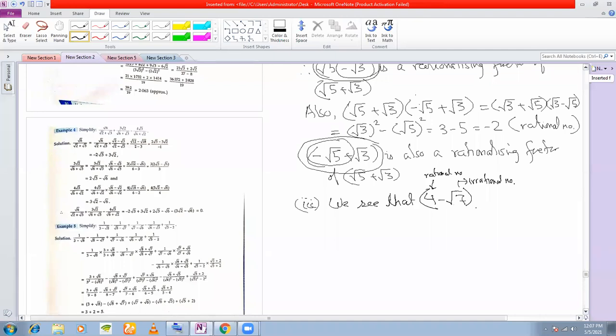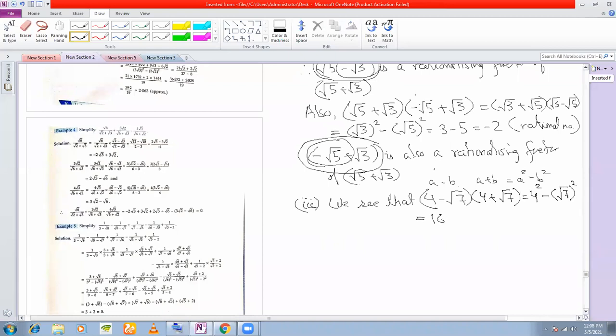So if you have 4 minus root 7 here, then what should you multiply by to make it, since this is of the form a minus b, right? So you must multiply this by the a plus b form to get a plus b into a minus b as a square minus b square, isn't it? So you multiply this by 4 plus root 7 to get 4 square minus root 7 square,